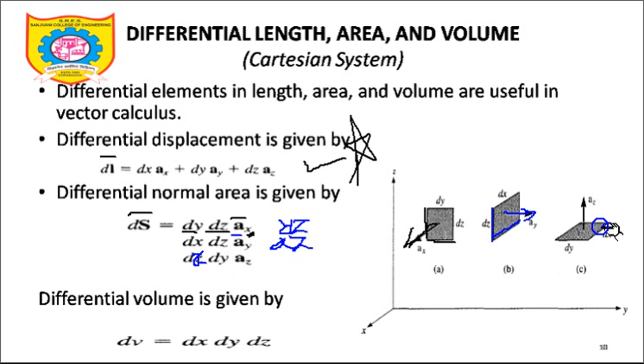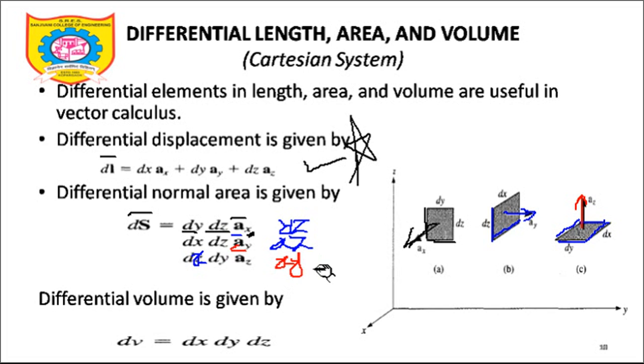So variation along x, variation along y, and the unit vector perpendicular to that will be in the az bar direction. So dx dy az bar. So this is the third surface, dx dy and az bar. So this represents our third surface. Okay, so it is the xy plane. So these are three surfaces which can be represented as a vector quantity.